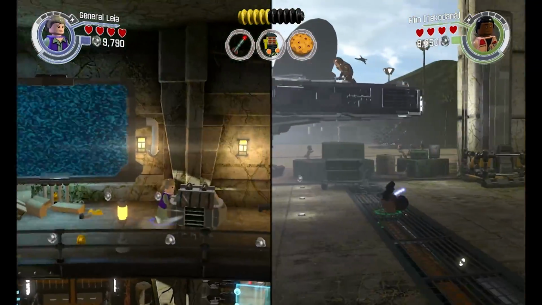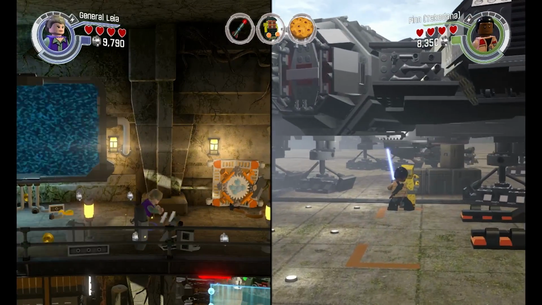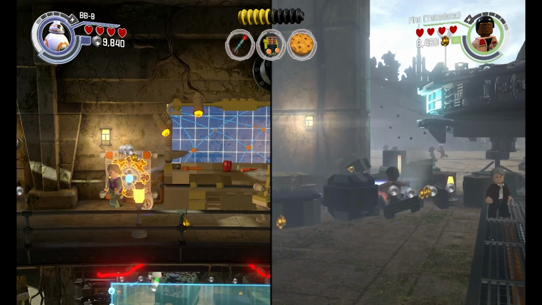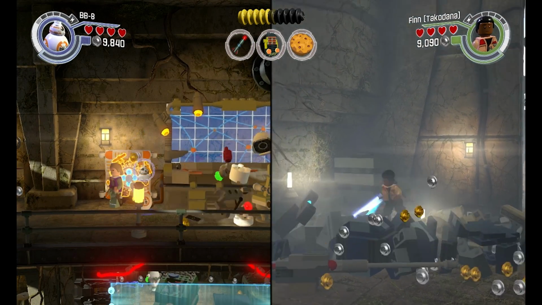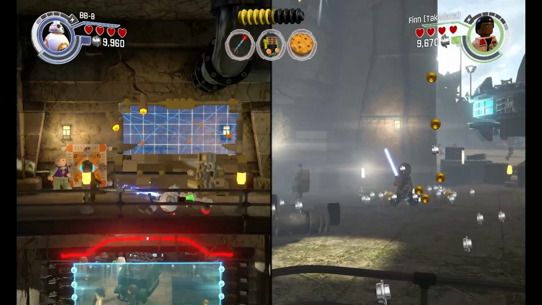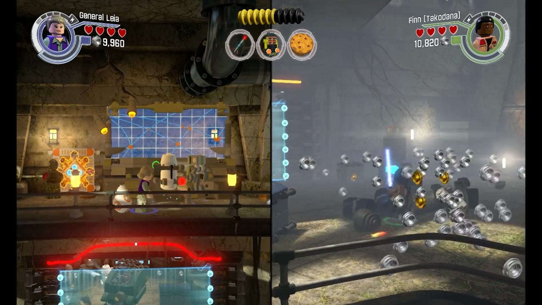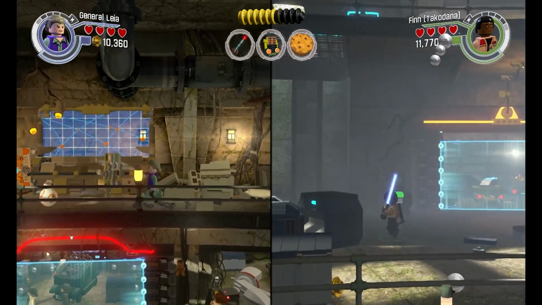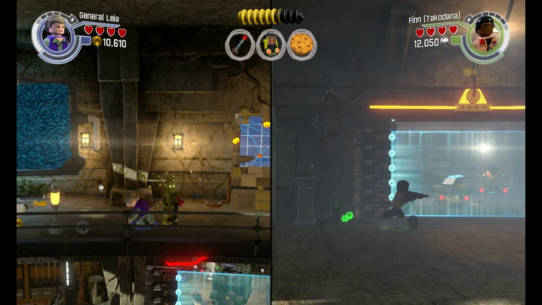So break a couple of these boxes here, and then build the multi-build to the right side, and then you're going to want to switch on over to BB-8. And you'll want to power up this power port. This will allow you to build a mini kit. So this part is optional, but if you are wanting collectibles, then you're going to want to do this. So when that's done, destroy the multi-build and then build it to the left side,